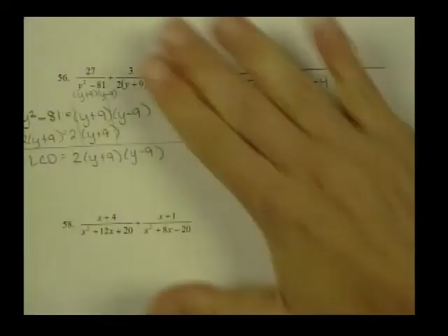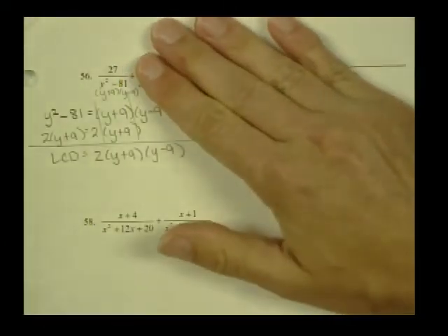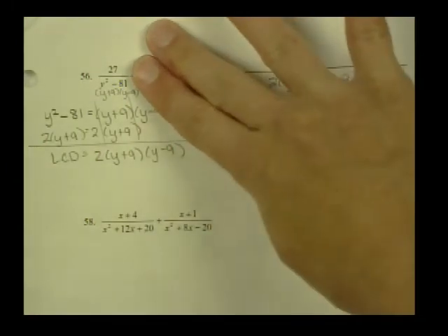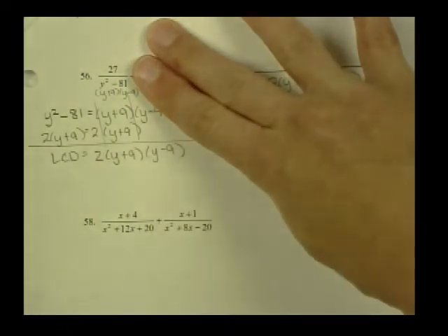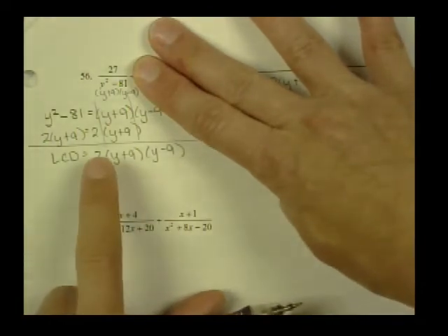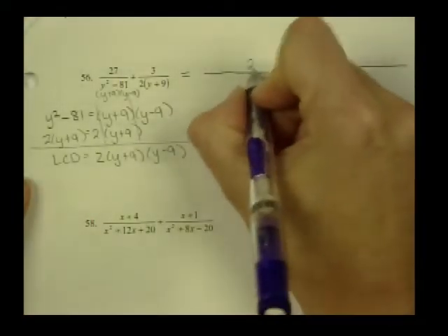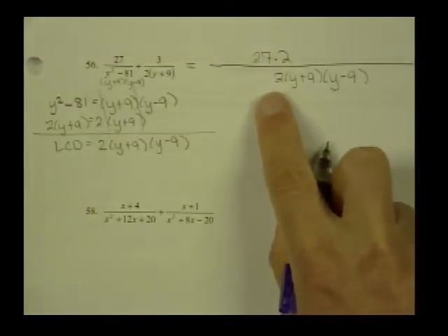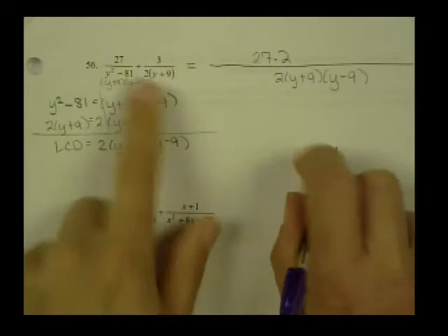So when I look at the first fraction, is there anything we need to multiply top and bottom by to get it to be over the LCD? 2, right? It already has the y plus 9 and the y minus 9. The only thing that's missing is the 2. So 27 times 2, and then we've already multiplied the denominator by 2. Plus